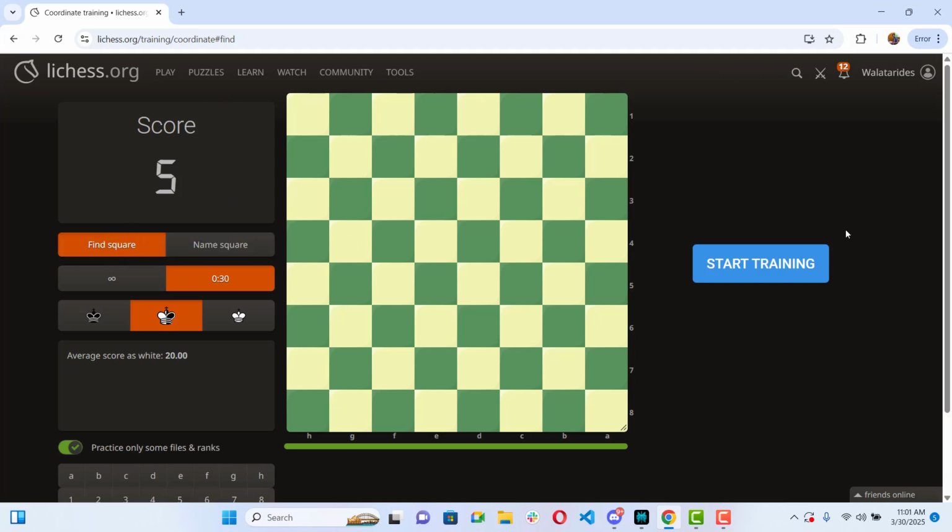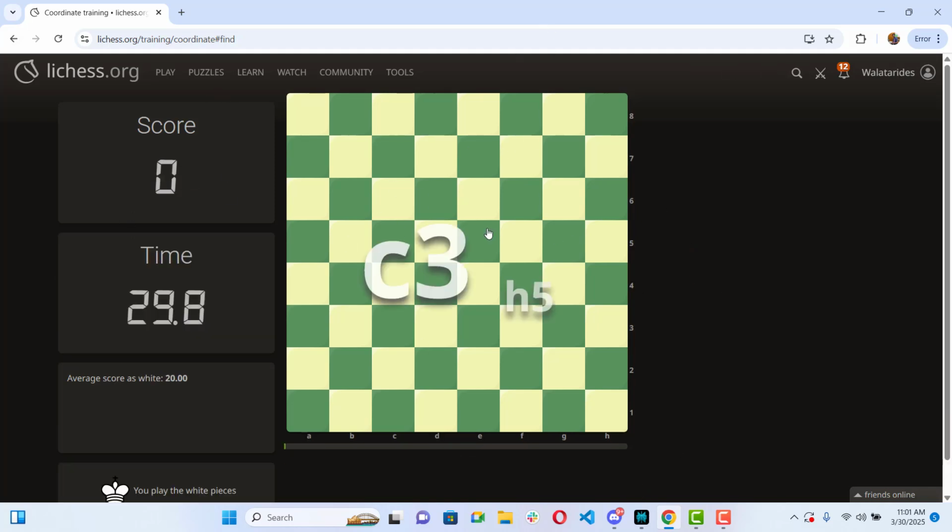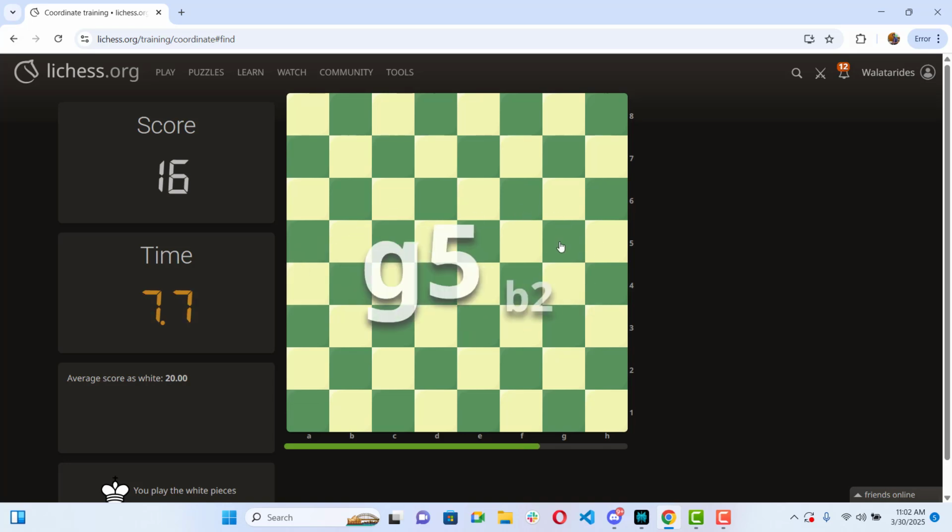And if it is to find the square, when we click on start training, I think I've used this. I have this c3, h5, e4, f4, h7. Now it is not me that will be doing this. Remember, it is the student. They have to find as fast as possible and see who's going to find it faster than the other. c6 and g6. I think this is faster once you start clicking. It is not as fast as clicking with the g5, b2,